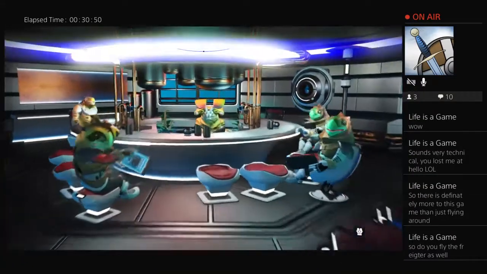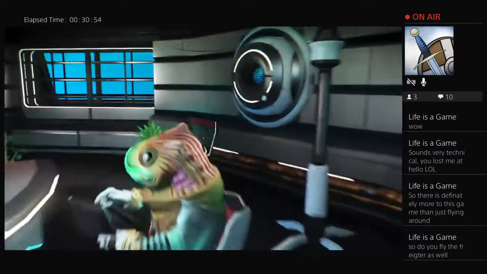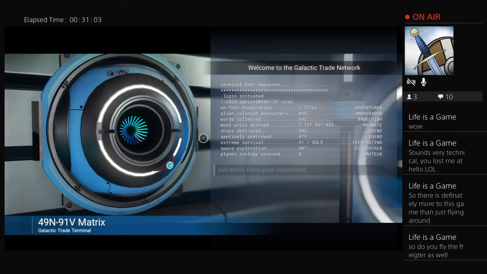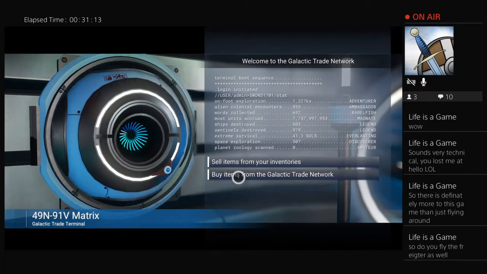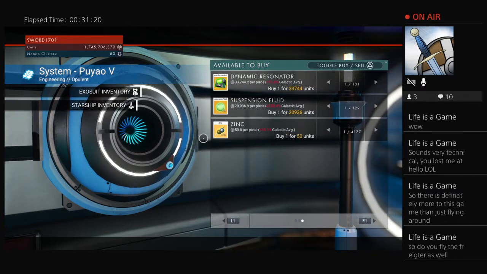And Life is Game type, so you do fly the freighter as well. You don't fly it as in like you would with normal flight controls like your ship, but if I'm going to jump into another system, I can go up into the command center of the freighter and access the galactic map, and you just warp like you would with your ship. But you just jump into the system and you end up beside the